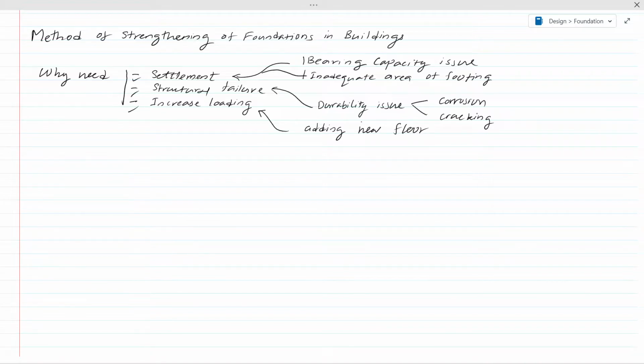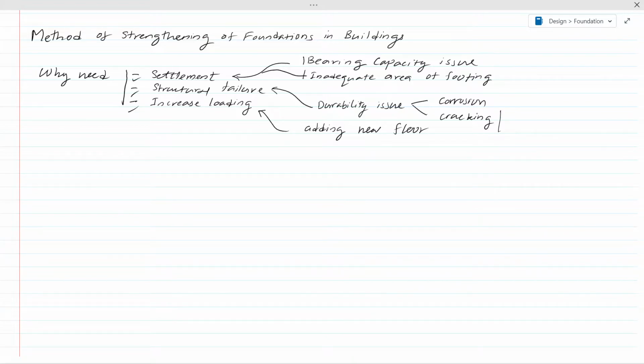Other than that, there could be durability issues like corrosion of the reinforcement, and cracking due to thermal effects. All those things also could be there. The thermal effects may arise when you do the concrete pouring. At the initial stage, if you have a thick foundation and you are not controlling the heat, cracking could